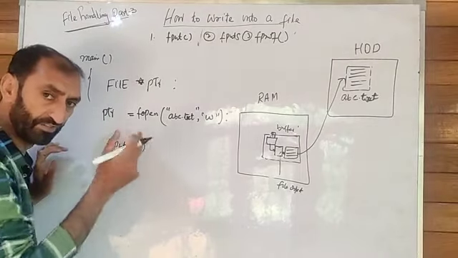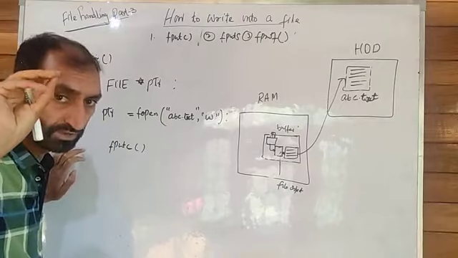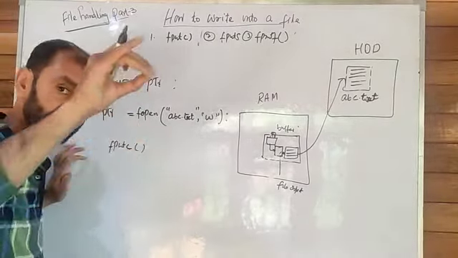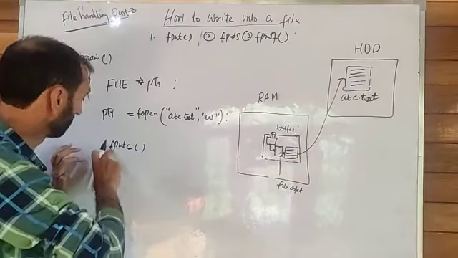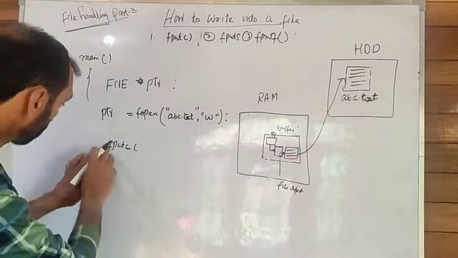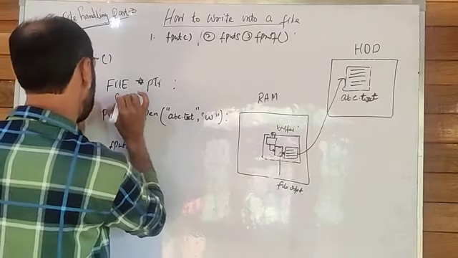fputc is a function which is used to write a character into a file. If we want to write a single character to a file, at that time we use fputc. Now, what is the syntax? Similarly, for fputc, we can write it here. For example, here